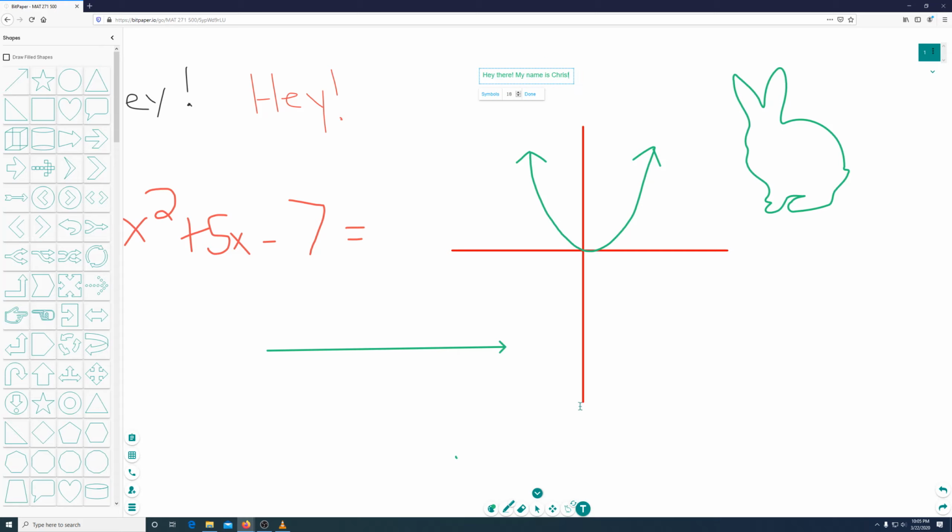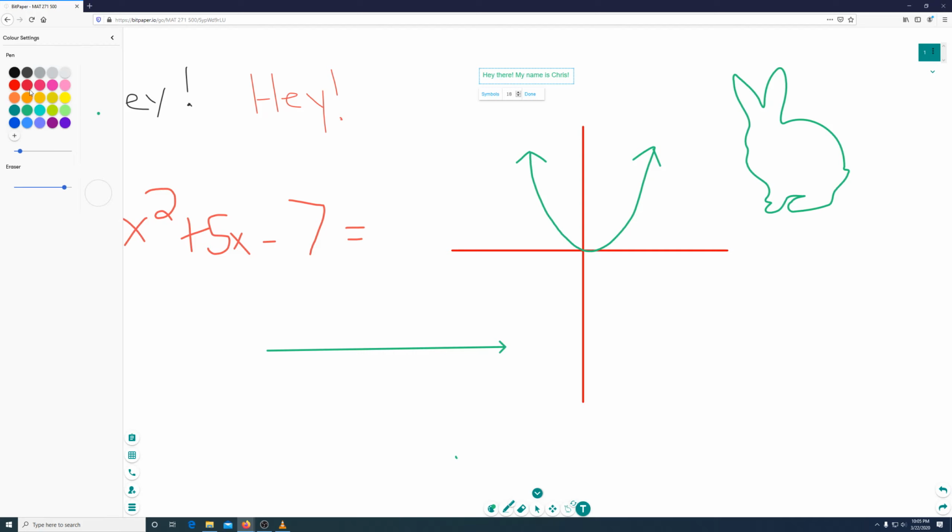And the color of the text is going to correspond to the color of whatever your pen is. So if I choose a different one, I guess the last few features we can go through,